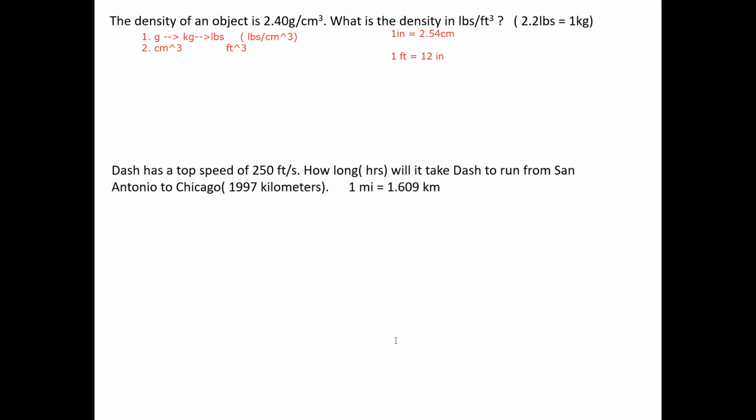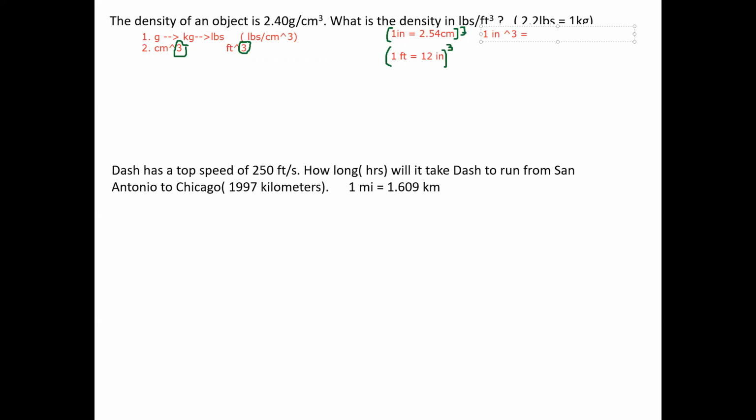However, we need to note that we're converting the cubed units of centimeter and feet. But in our conversion factors here, these are not cubed units. So we need to cube these to get the cubed units of each. Now, if 1 inch equals 2.54 centimeters is exact, the cube of that is also exact. So we get 1 inch cubed